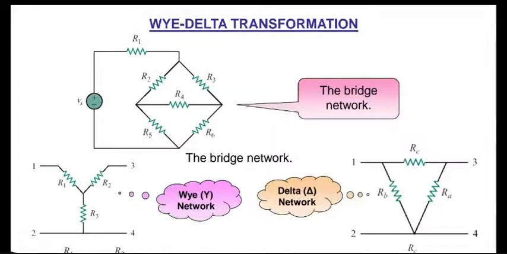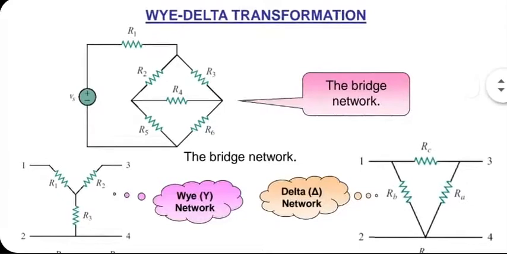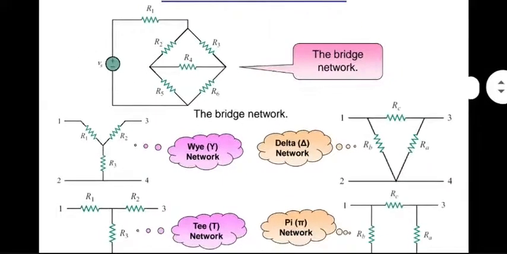Although Y and delta are commonly encountered load networks, the third category is bridge network, which is also shown in this document here. It is like a Wheatstone bridge, essentially, where you have got 5 resistances. But I will avoid talking about bridge network, at least in this course. In other courses, I'm sure you must have been introduced to this network. Power systems usually try to confine themselves to Y and delta type of load connections.